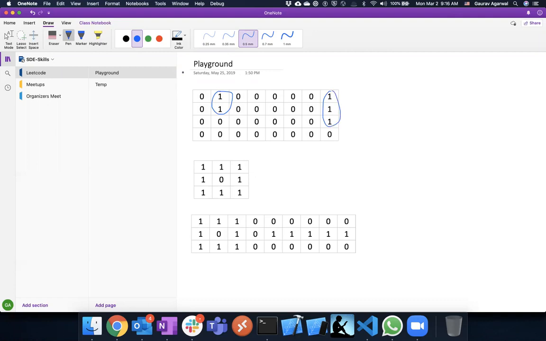Now, on any given day, we can only put walls around any one region. So either we can put walls this way, or we can put walls this way, on any one given day.